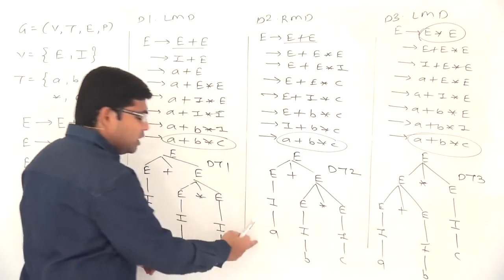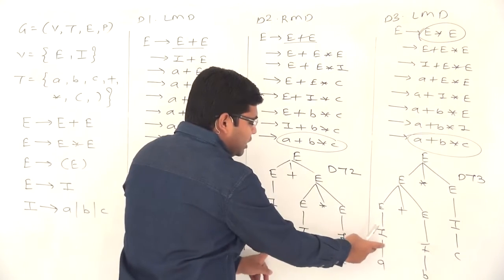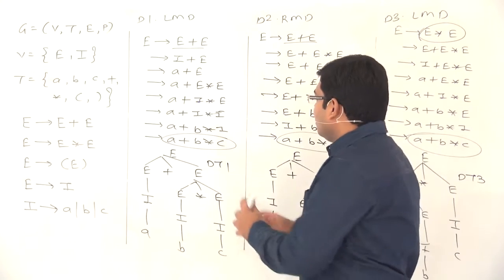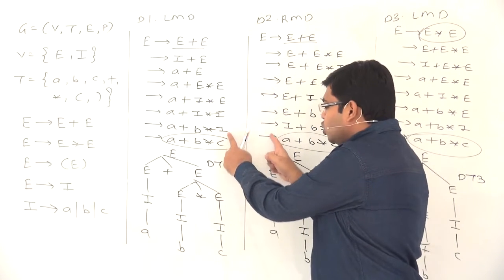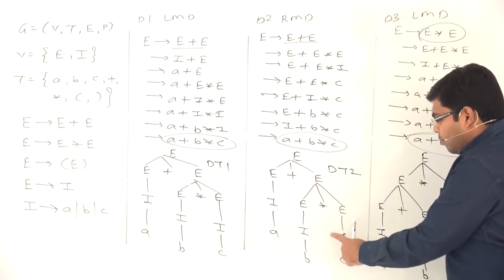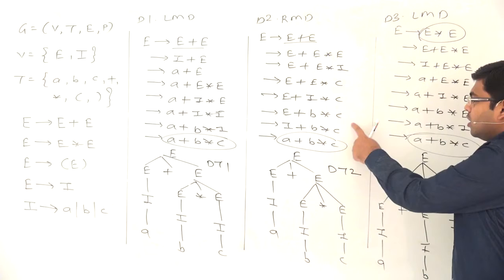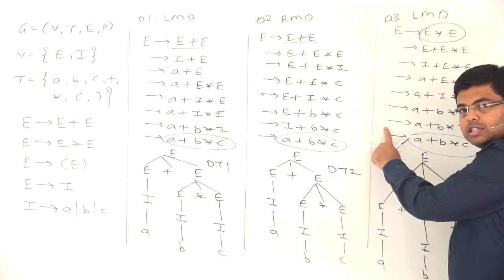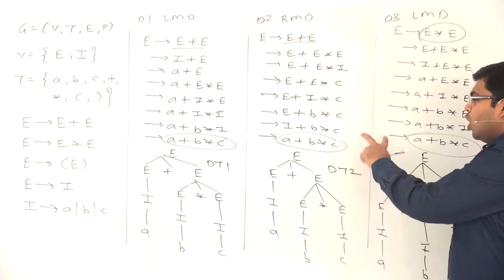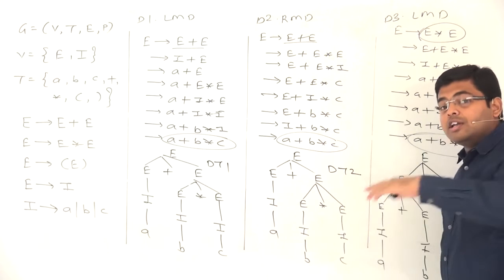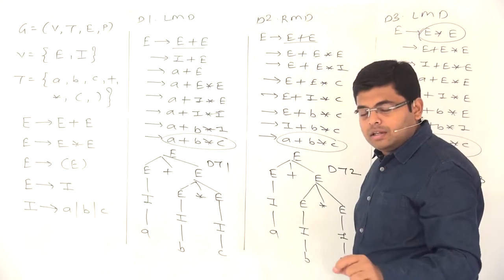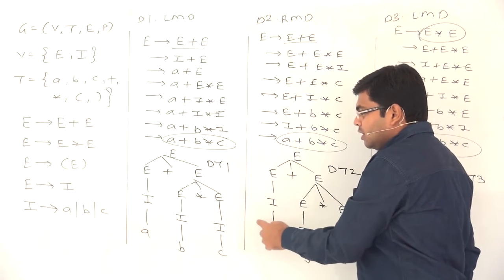Multiple trees? These are not multiple trees, okay, these are the same trees. Multiple trees mean multiple derivations, that is point number 1. However, multiple derivations do not necessarily mean multiple trees. So from multiple trees you can conclude multiple derivations. If you get multiple derivation trees, it means you also get multiple derivations. The reverse is not true. If you get multiple derivations, it does not necessarily mean that you get multiple derivation trees.